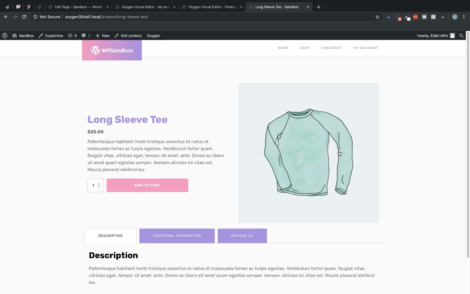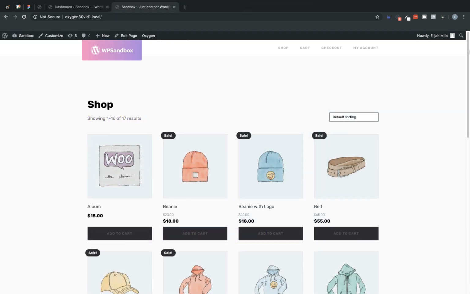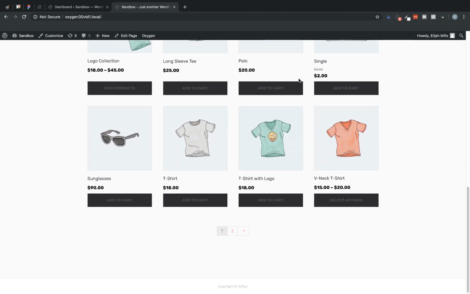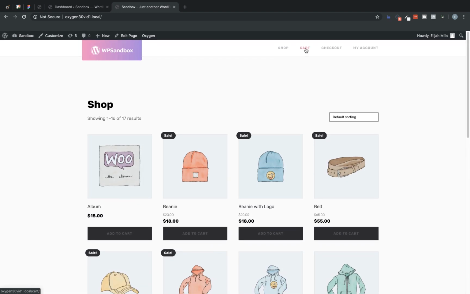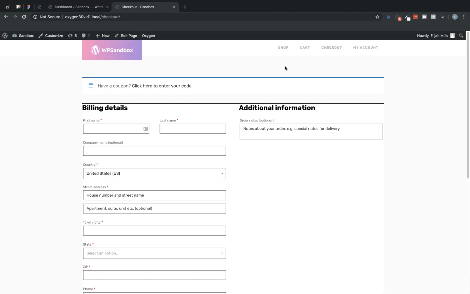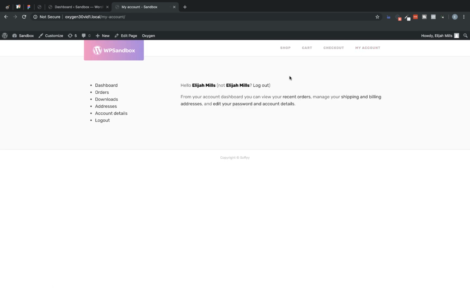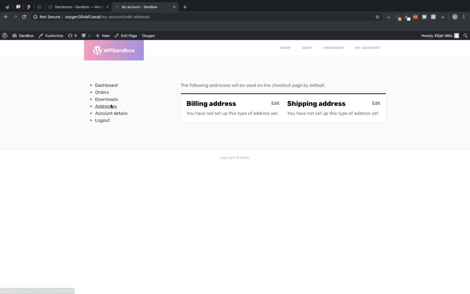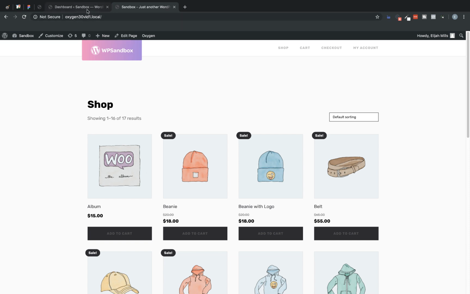So first, let's take a look at the WooCommerce integration. As you can see here, we have a WooCommerce store. This is being displayed in Oxygen using a main template with an inner content element. And it looks fine, but it could look a lot better. The cart page, we've got a checkout page. It's all there and it's functional, but we want to completely control the design of all of these elements and pages. So to show you how to do that, we are going to jump into the back end